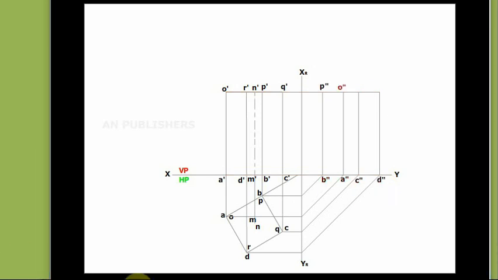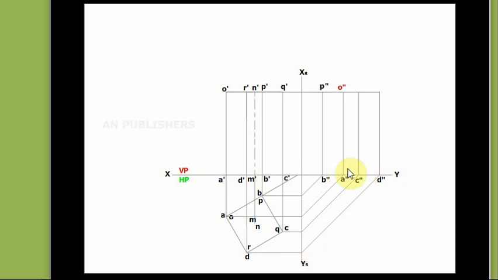The joining method is, suppose from this point A, this line is going. Now you check where is A dash. So A dash is here. From A dash we have drawn the horizontal line. The meeting point of the horizontal line and this line will give you A double dash. Same way D, going like this.